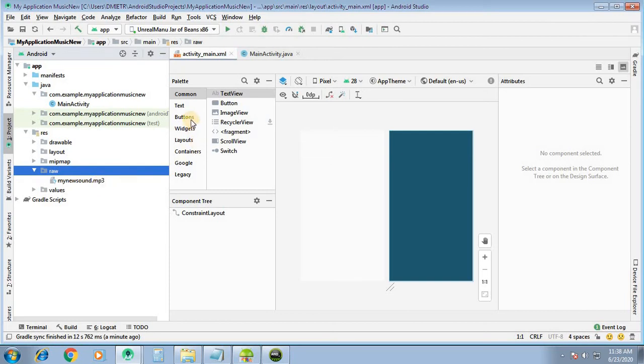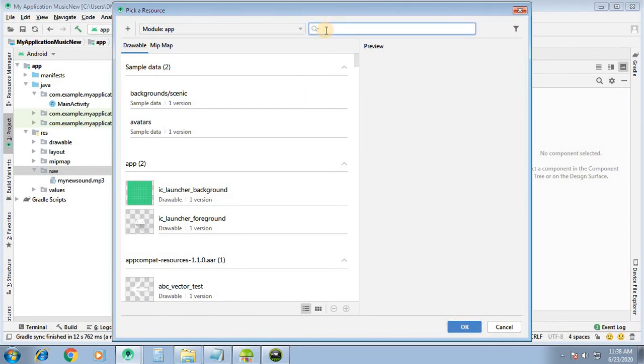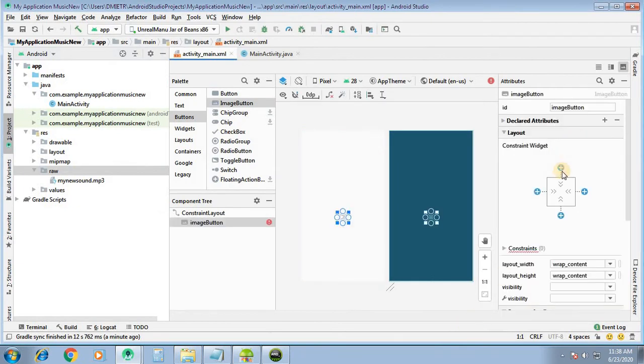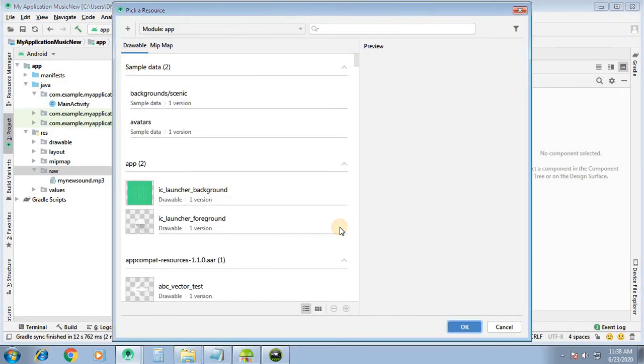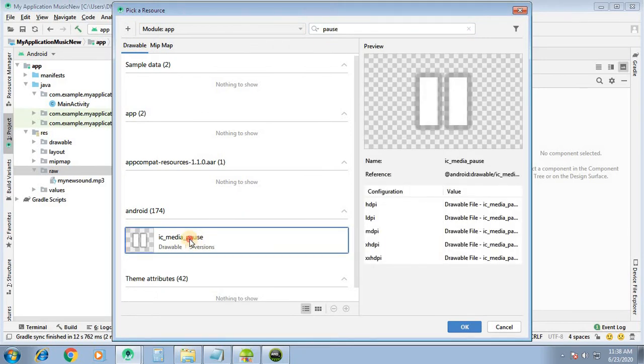Now from buttons, we take the image button, and here we will go for the play. The first image button is for play. Set the coordinates for this. Then one more button we will add below that for the pause, IC media pause.